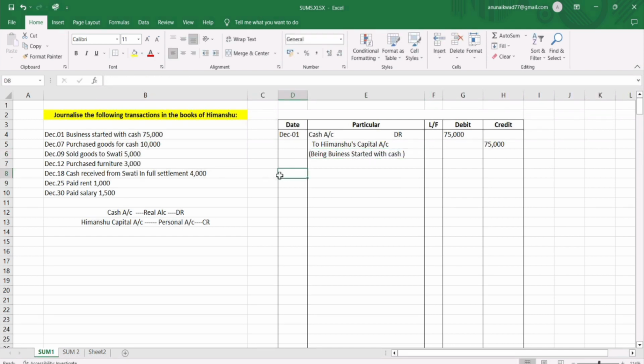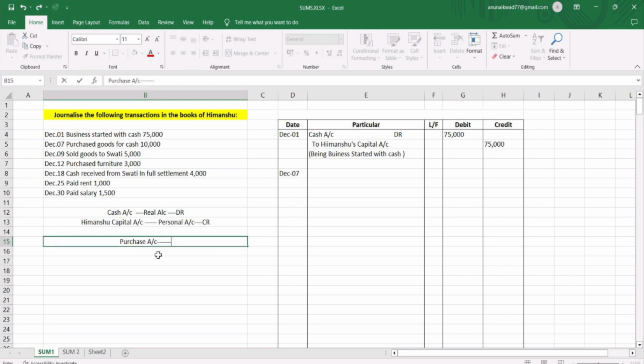Our next is of December 7. Okay, purchased goods for cash rupees 10,000. Here we are purchasing goods. The asset name is not mentioned, goods it is mentioned, and we just saw that when goods is mentioned, we have to understand whether it is a purchase or sale, and accordingly we have to take the account into consideration. Here we are purchase goods for cash. So purchase